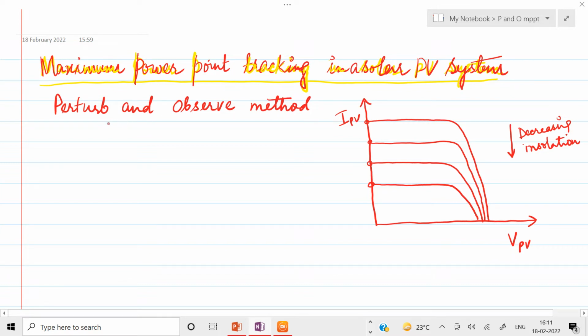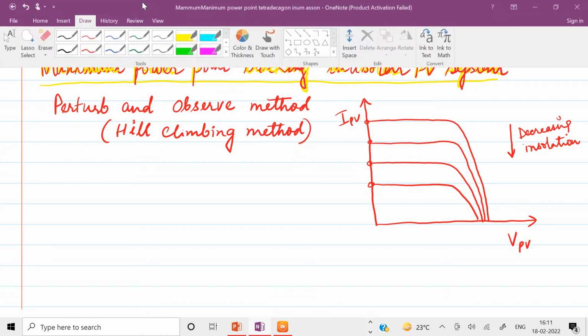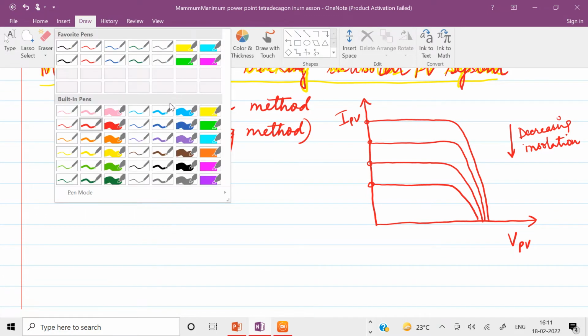It is actually one of the hill climbing methods, and I will let you know why it is called the hill climbing method after a short while. So let us start with discussing